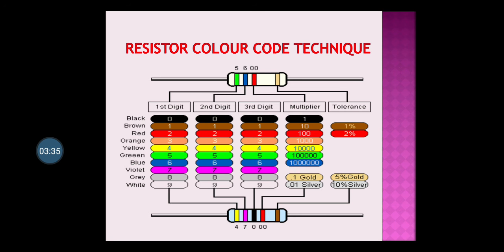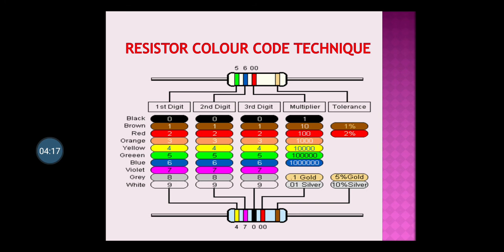This color number remains the same for the first color band and the second color band. So you can see here the digits 0 to 9 and the colors assigned to them. For black it is 0, for brown it is 1, red it is 2, and it is the same for the second digit as well. But for the third color band, which is called the multiplier, we will check the multiplier. For black the multiplier is 1, which means 10 raised to 0. Brown has 10 raised to 1.